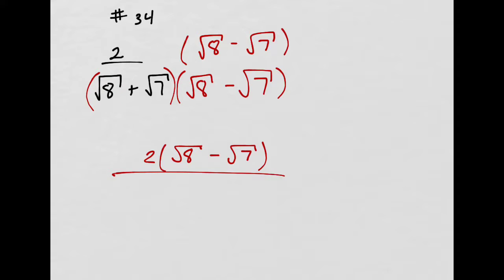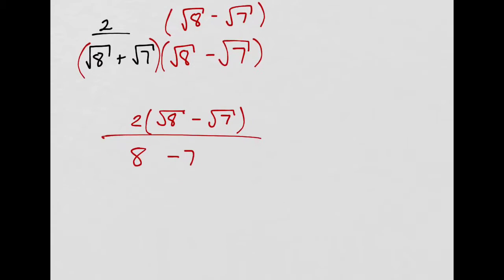That's just regular 8. Hopefully we see that. It's just regular 8. And then this times this. That's minus 7. Minus 7. And I don't have to do the middle terms because that will cancel out. You'll see that. If you FOIL it properly, then the middle terms will cancel out. So I just have